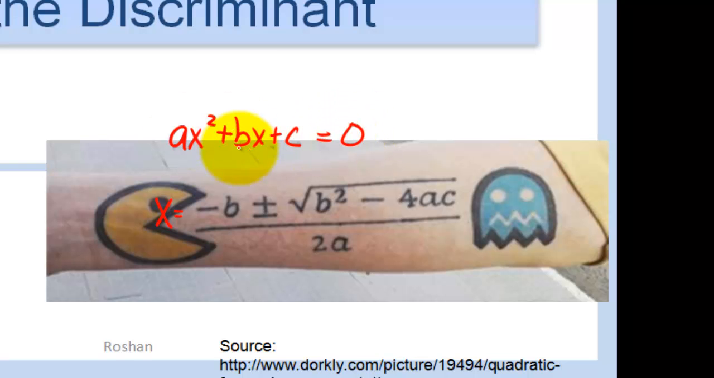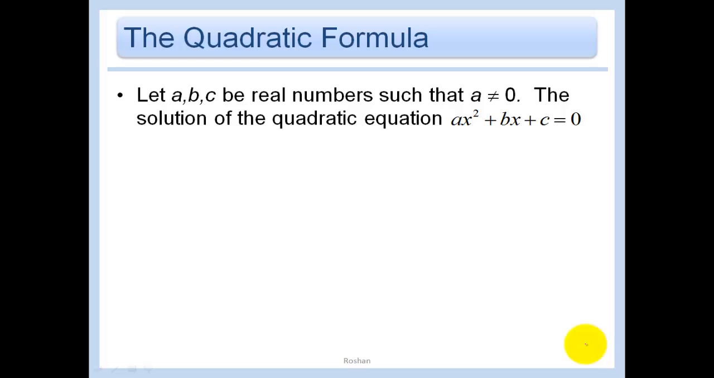equals 0, then our solution is x equals negative b plus or minus the square root of b squared minus 4ac all over 2a. So again, let a, b, c be any real numbers such that a does not equal 0. And again, I can't have a equal 0 because otherwise this wouldn't be a quadratic. It would just be a linear equation. So the solution is x equals negative b plus or minus the square root of b squared minus 4ac all